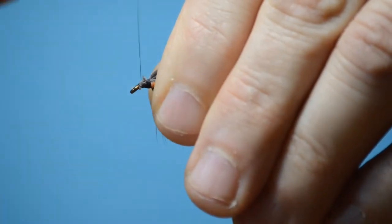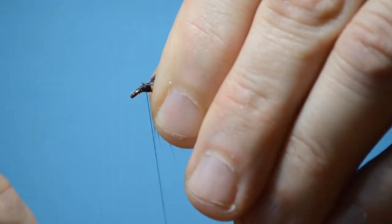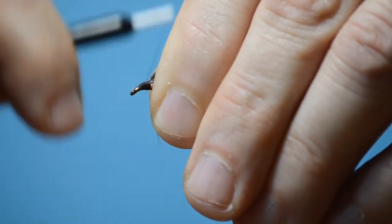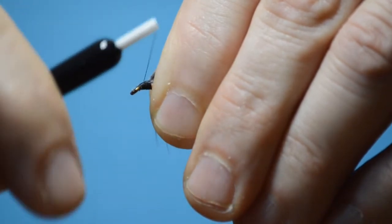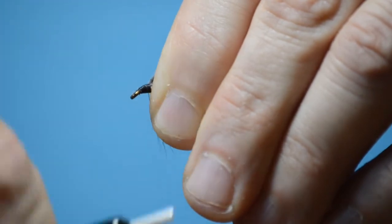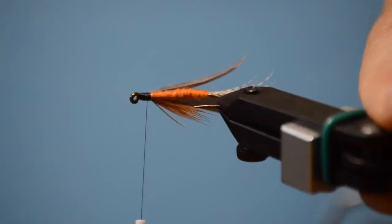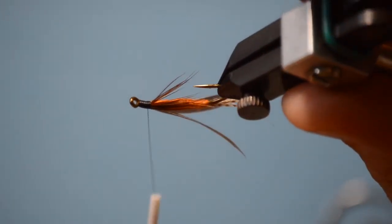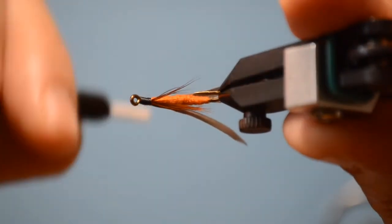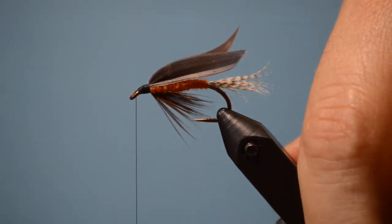So now I'm starting at the eye and working my way over the butts that I just trimmed to form that head, coming up, covering up all those butts as best you can, and trying to make a nice head. Some people like super small heads, compact heads. That's up to you. I like a head, and so I'm working on cleaning up that area and making a nice shaped head to the fly,